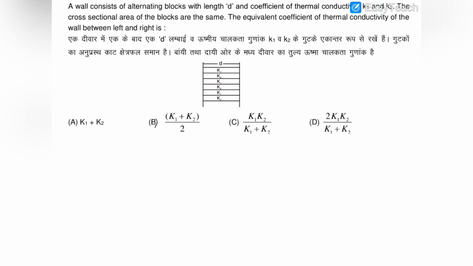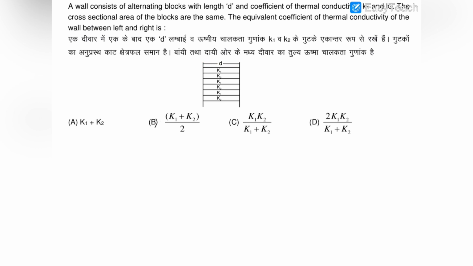In this question, you can see that there are two walls and there are 6 slabs which are combined in parallel between these two walls. These two walls are maintained at constant temperature, but the temperature of each wall is different from one another. Now we have to find out the equivalent thermal conductivity of the system, and it is mentioned that this distance